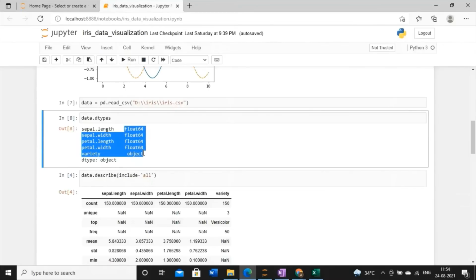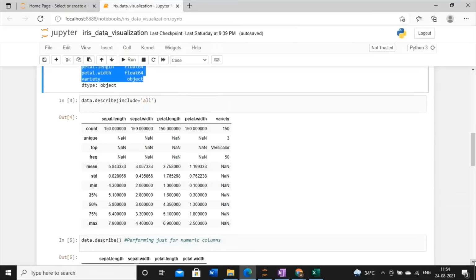Some of them are float64 and some of them are object. So this is the point you have to understand. Whenever your data frame has mixed data types in its columns, instead of using plain describe, you have to write include equal to all. Then only you will be able to see the statistics of all the columns of mixed data type. So this is the first thing you have to note.